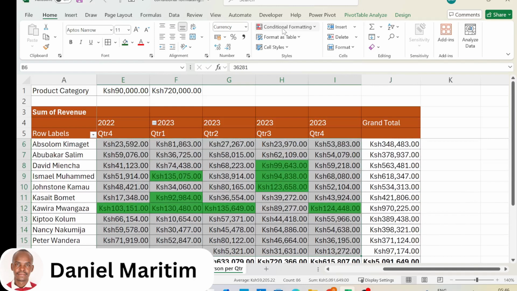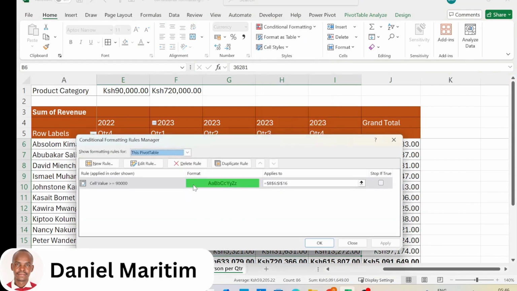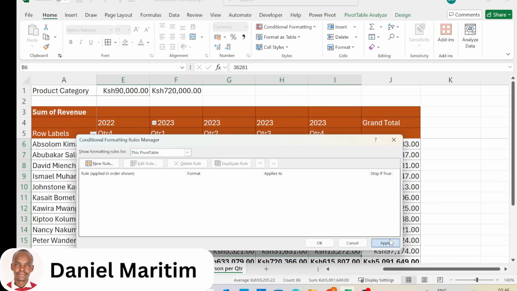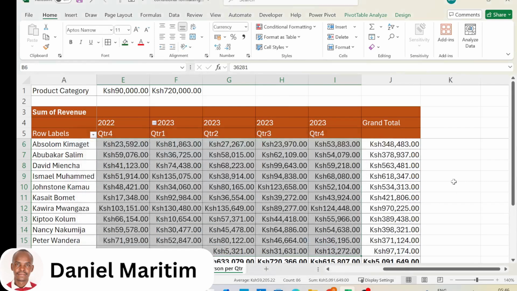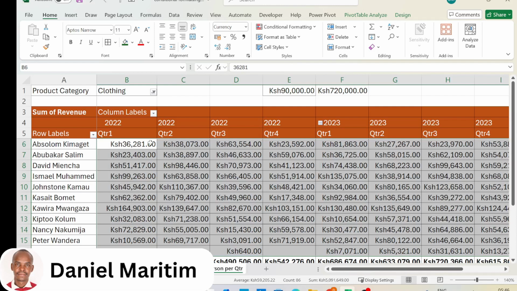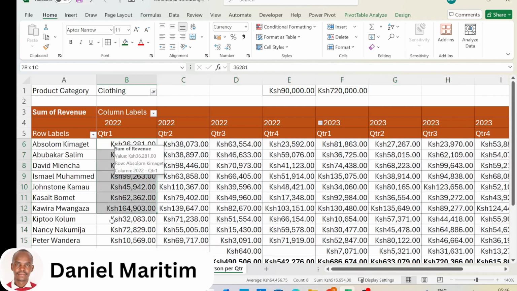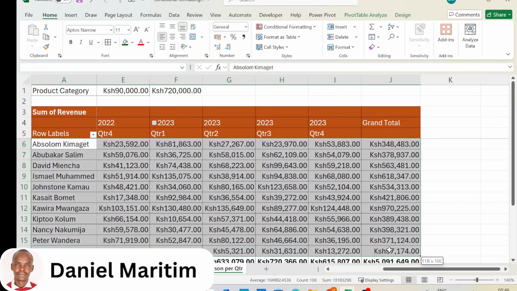So let me just get rid of this. Let's say our manager wants us to highlight individuals all across, from the name itself all the way to the grand totals, who have surpassed their performance at 720,000. So what we will do is just select those individuals,